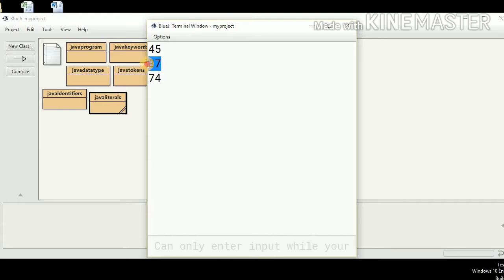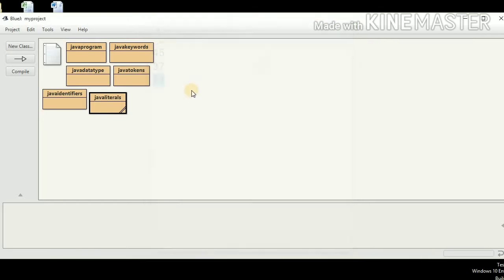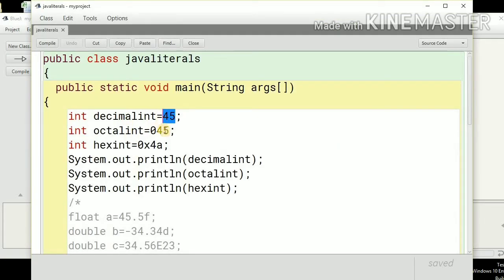So this is the octal value 37. And lastly, I have mentioned 4 then A with the hexadecimal value. So this is 74 in decimal. This is how you can use the integer literals, either in decimal or in octal or in hexadecimal bases.